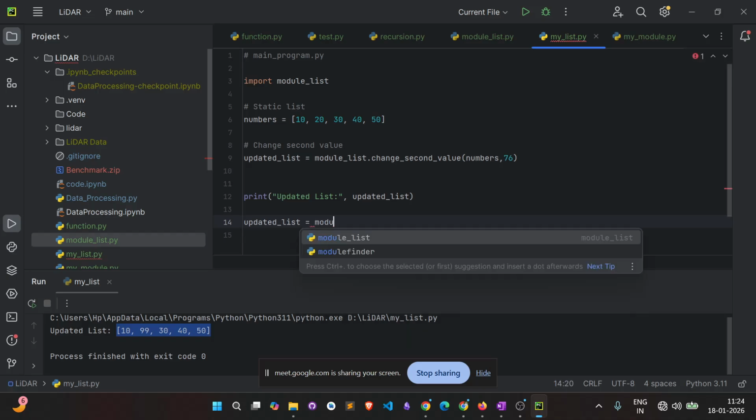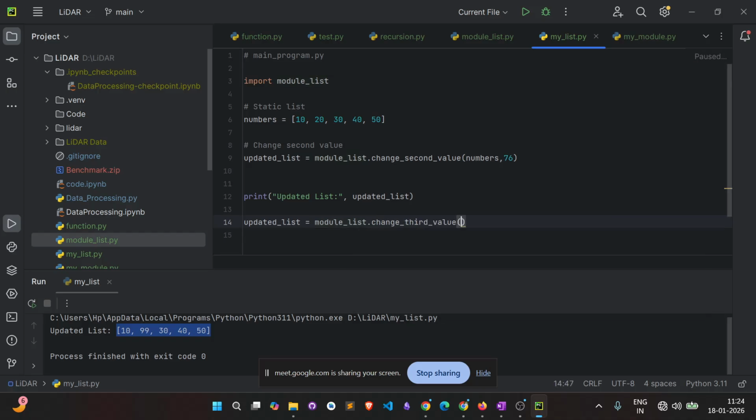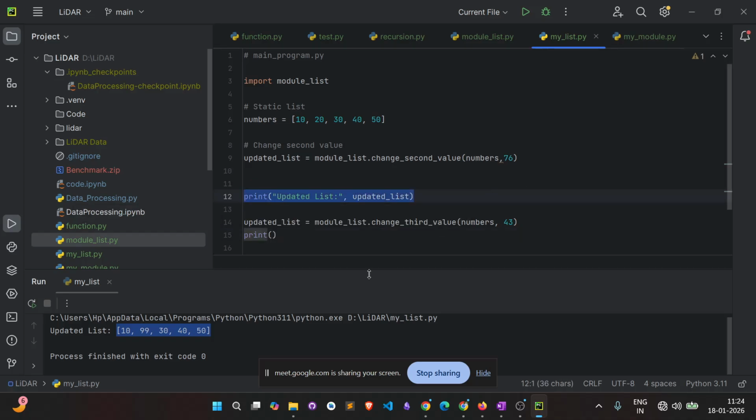Here you can see module list dot change third value. So what do I need to pass? I need to pass these numbers. This number is represented here as the numbers variable. So I'm writing here numbers, comma, and whatever new value we wanted to assign, 43, because the third value is 30, so we're replacing it with 43. And after, if I wanted to see, I can just copy the same thing, and you can see. So if I run this file,